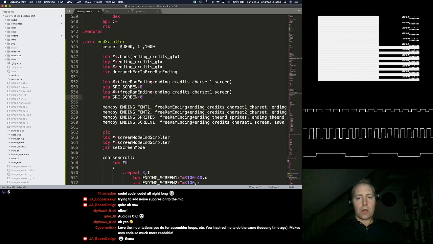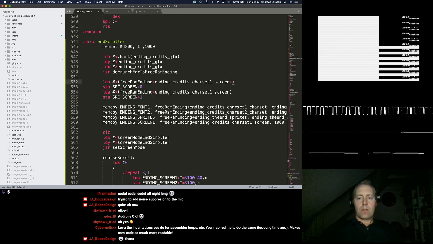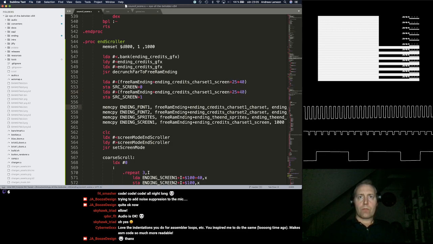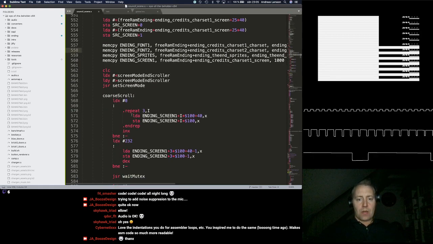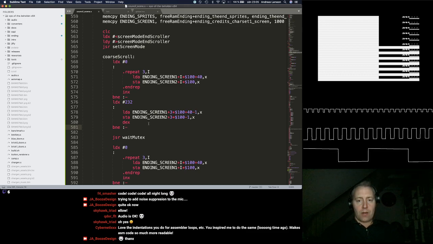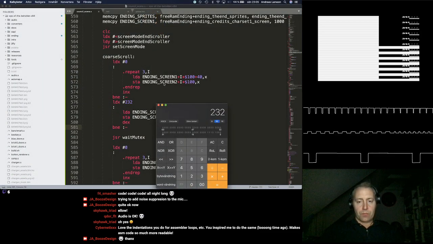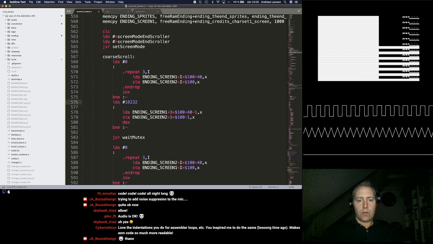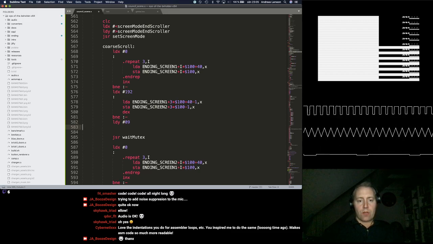I suppose we should take the final line there, like so. That should be okay. And now we just need to copy that final line. So we should actually only scroll 24 lines here. So it should be 192 here. And then we have to just copy the last